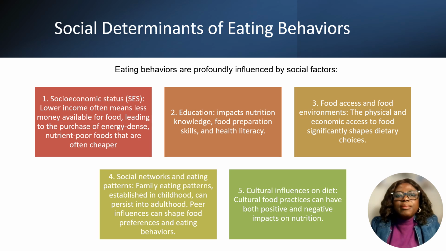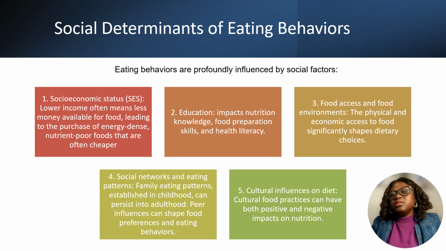We can think about family eating patterns; things established in childhood can persist to adulthood. So it's very important that parents model healthy patterns so that the children will learn. As children grow, peer influences in schools, especially among teenagers, also affect their food preferences and